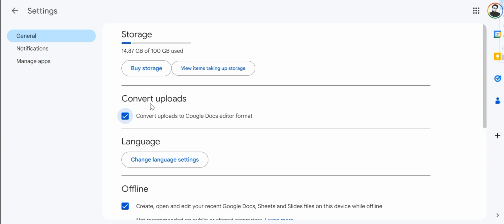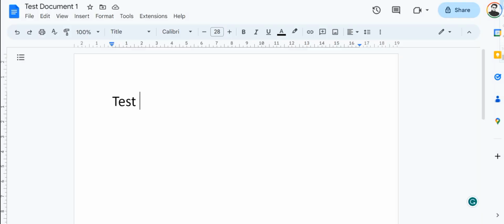and now all the files that are in Microsoft Word, whenever you upload them to your Google Docs, they will be converted without losing any formatting. And that's about it. That's how you can convert a Microsoft Word file into Google Docs